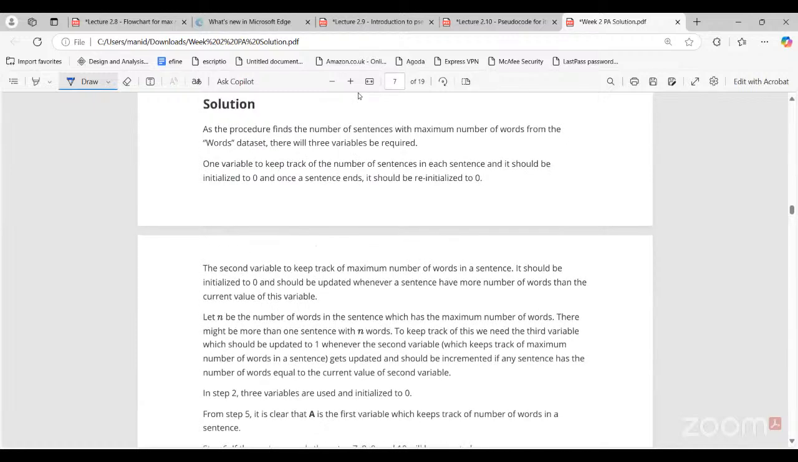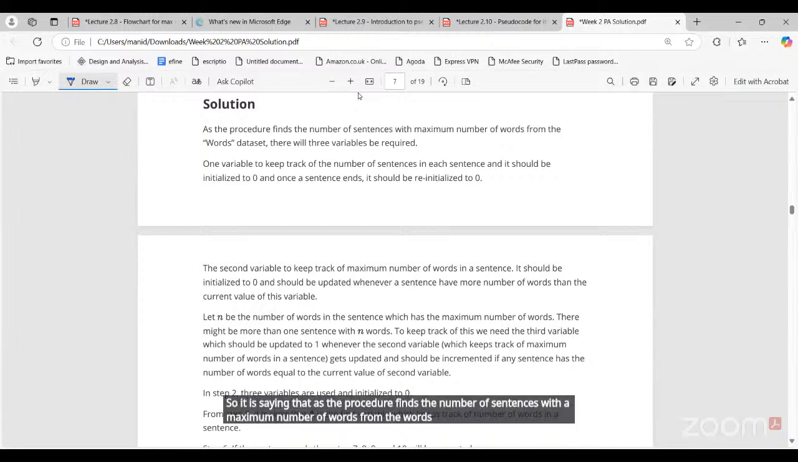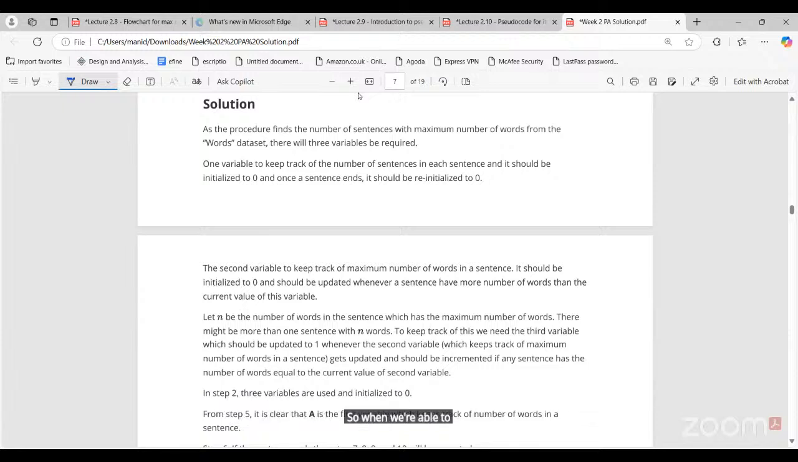So it is saying that as the procedure finds the number of sentences with a maximum number of words from the words dataset, there will be 3 variables required. So one variable to keep track of the number of sentences in